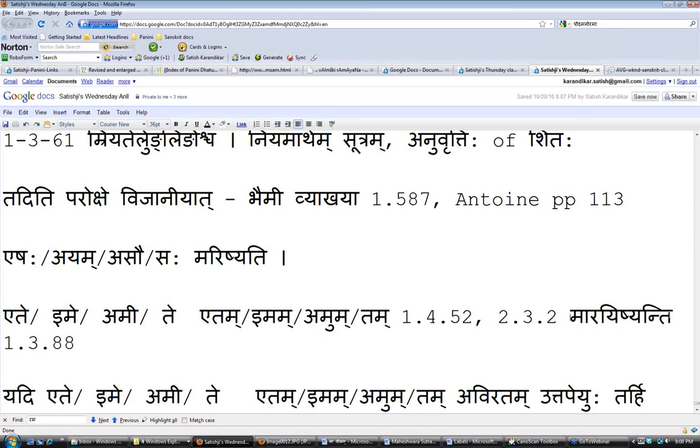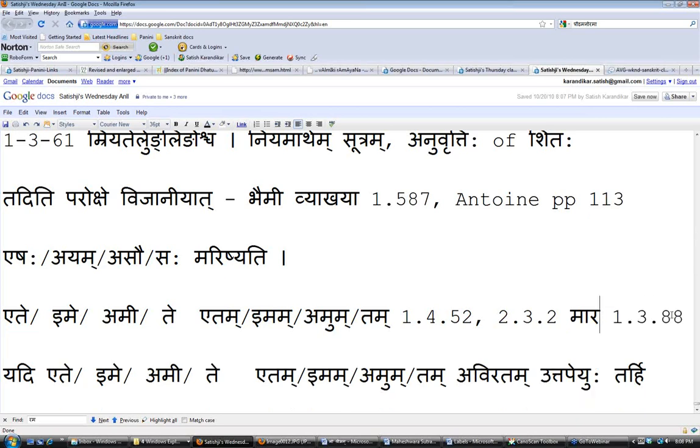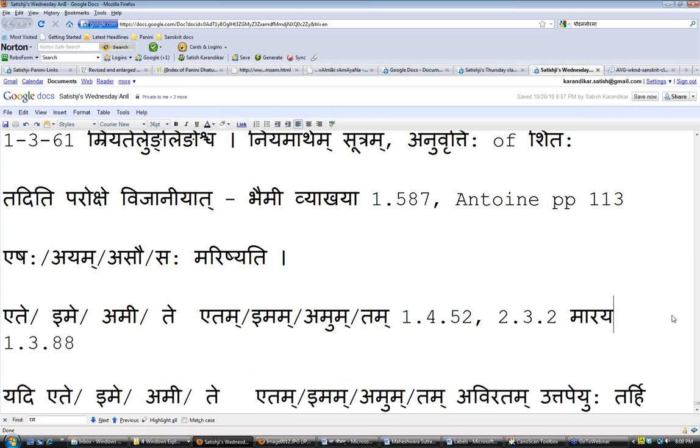I think that sounds better than using the lut on one side and the vidhiling on the other side. I think this will be better. Marayeyuh. So if they were to torture him continuously, then they would kill him. Okay, Marayeyuh.